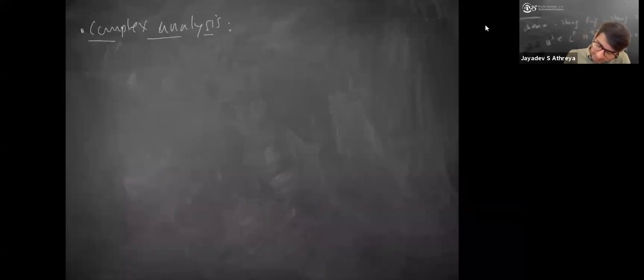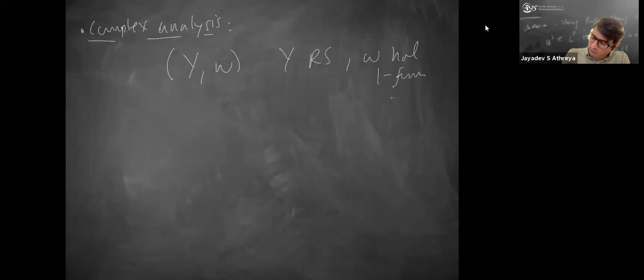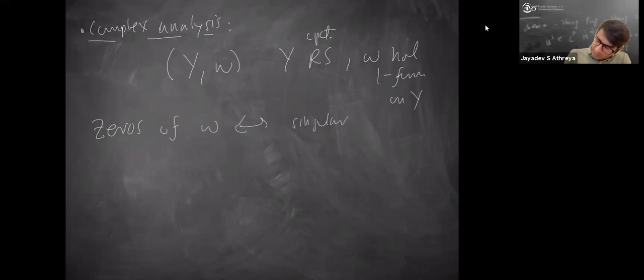So what I'm actually getting is a pair, maybe I shouldn't call it X because X is something I'm using for my big space. I'll call it (Y, omega), where Y is a Riemann surface and omega is a holomorphic 1-form on Y. And for right now, there's a huge interesting literature on non-compact translation surfaces and so on, but let me think about Y as being compact for right now. And here's the point. The zeros of omega correspond to singular points for the flat metric